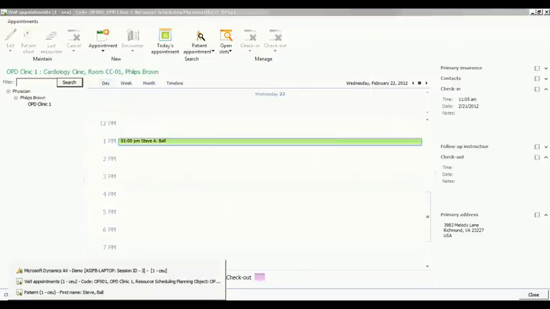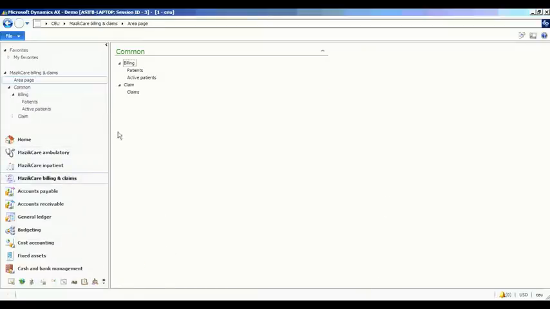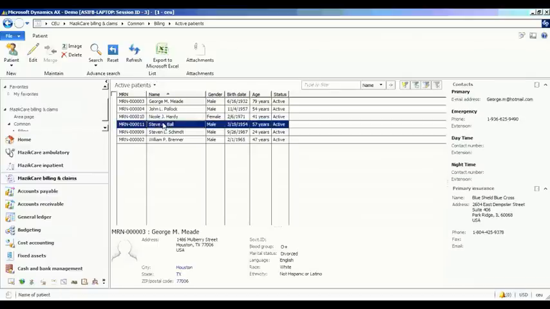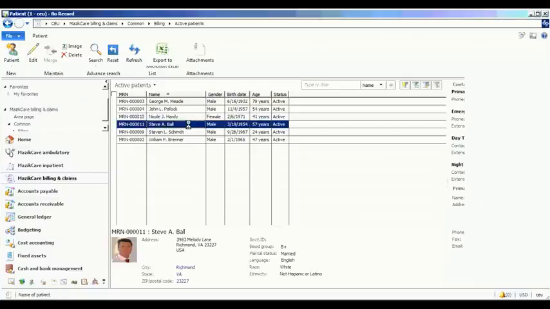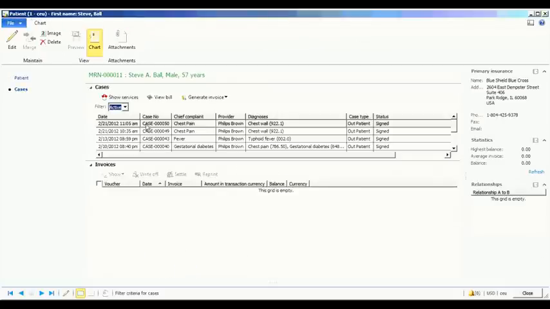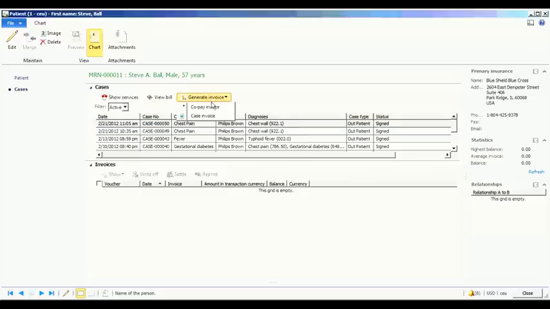And we'll leave the ledger and we will go to MazikCare Billing and Claims. So we'll go ahead and select this. We'll select active patients, and this will give us a list of all of our patients currently in flux. We'll select Steve, and we'll go ahead and begin generating an invoice for him. We'll select cases, and we'll select his active case, which is the current encounter, and we'll go ahead and generate